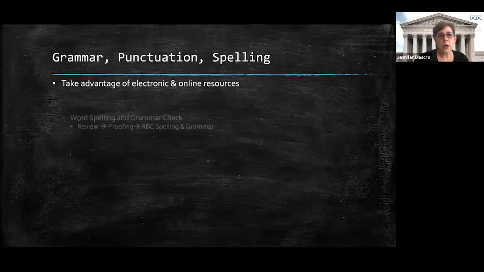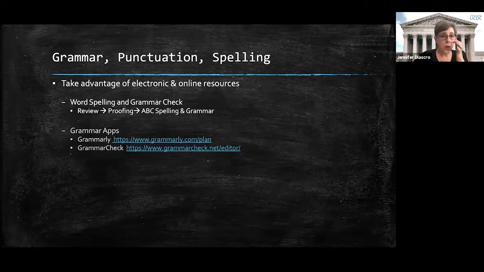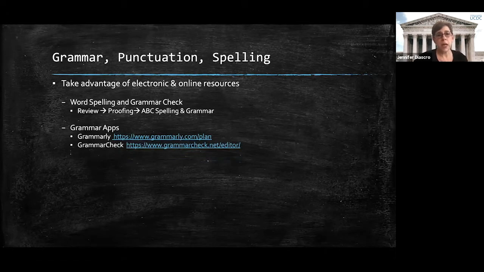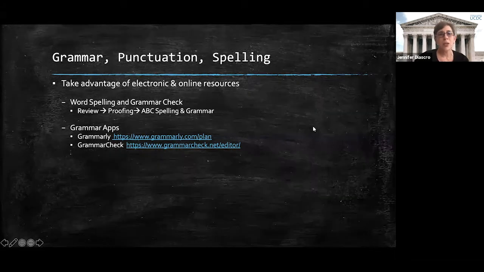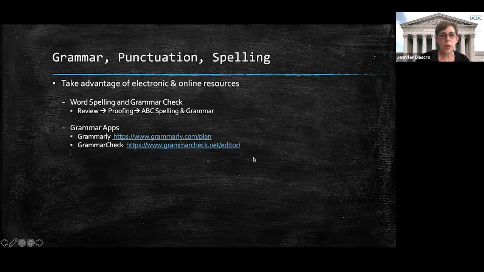So just as a reminder, in Word and also in Google Docs, I don't have it indicated here, but in Word, you can set your settings so that it will check spelling and grammar for you. Okay, there is nothing wrong, at least in my classes. You might want to ask instructors in other classes if they mind you doing this. I've never heard of an instructor who minded any student spell checking and grammar checking their work. All right, it makes it much easier for everybody to read your work when things are in good shape. There are some apps that can help you with grammar. My students have mixed reviews about Grammarly, but several of them have liked Grammar Check in the past.